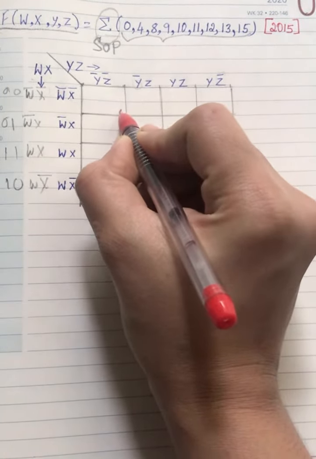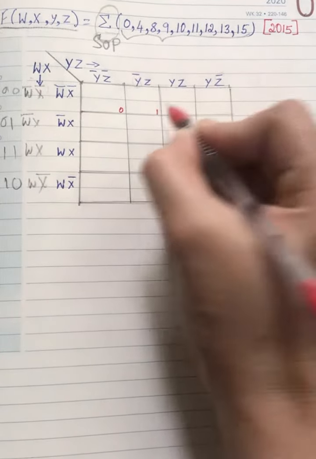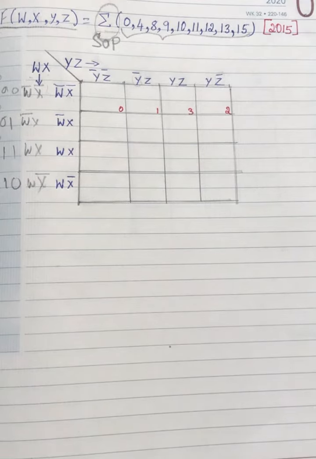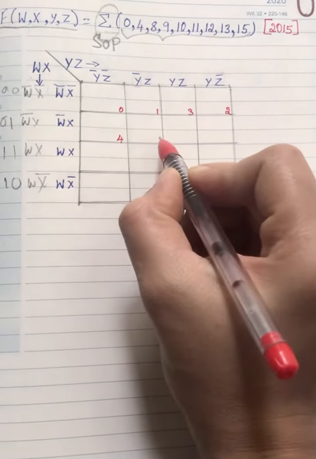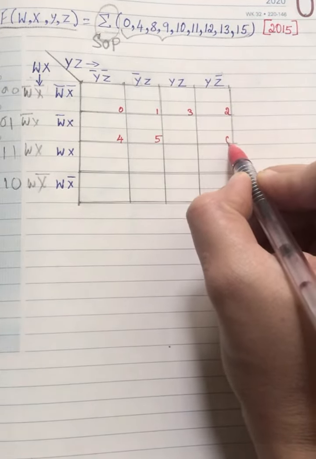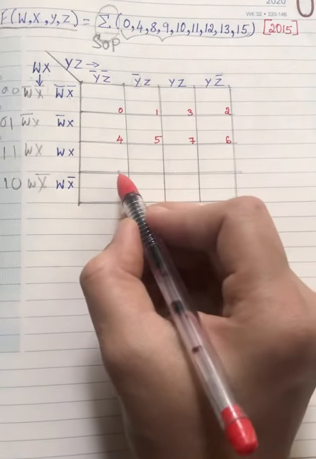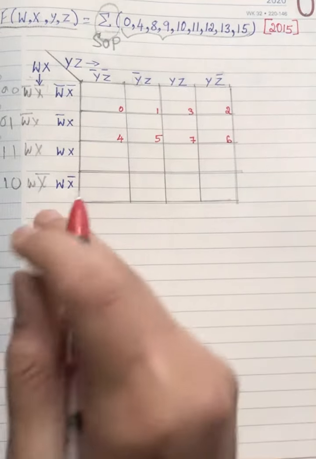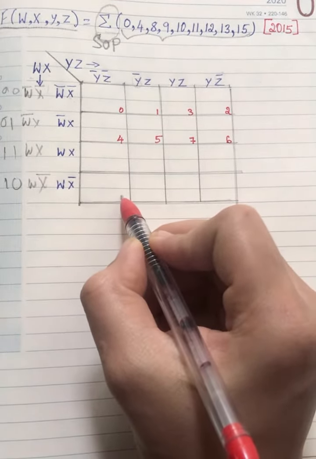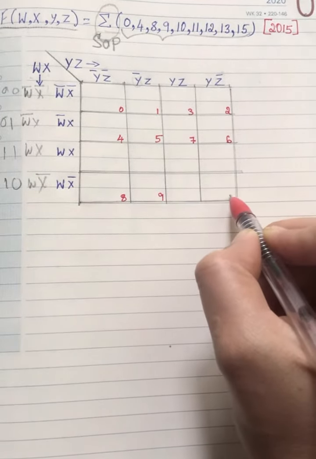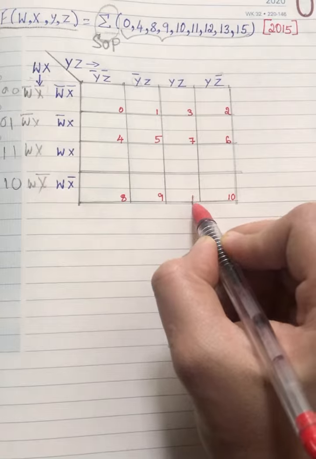Here it is 0, 1, 2 you are going to write it in the last column. Next 3 over here. This is how you are going to write it. Next 4, 5, then go with the last column 6. Next it is 7. Next here you are not going to fill. Next come to the last line because here you have bar over here. So here you are going to write 8, 9, 10 in the last column, then 11 over here.